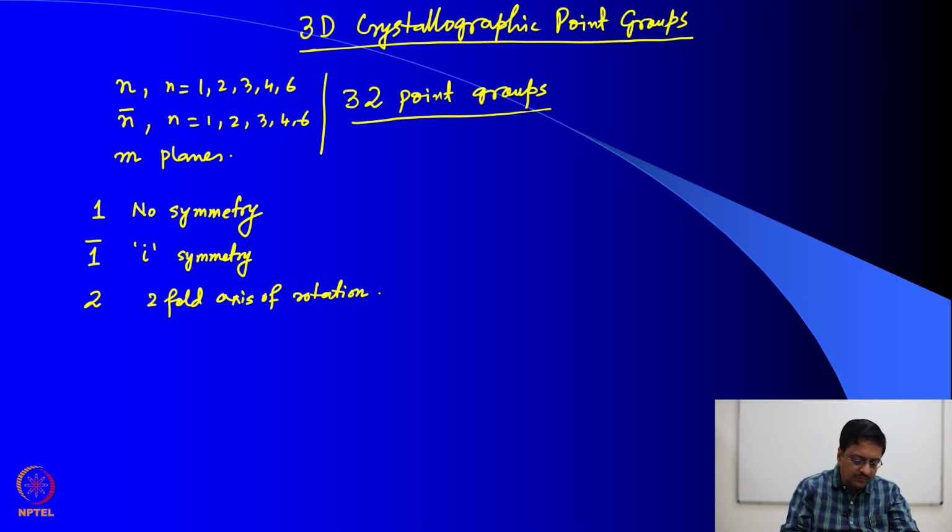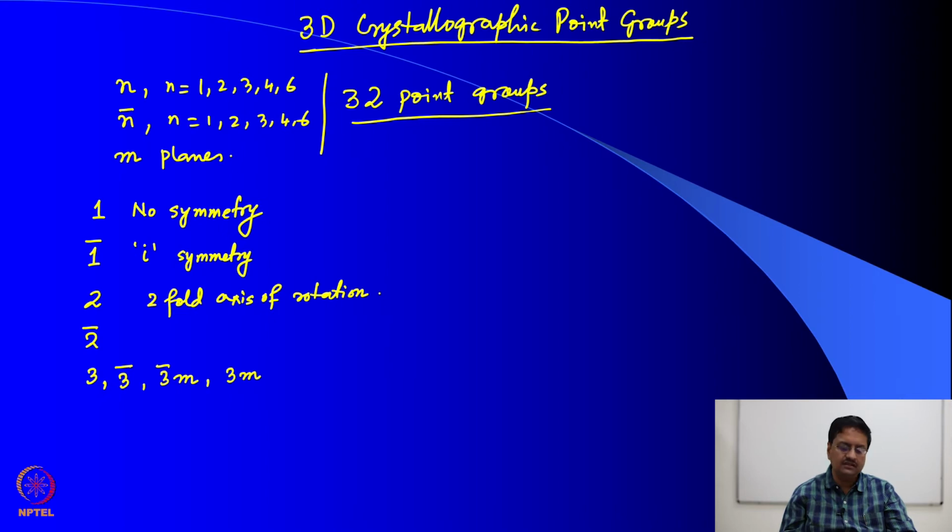The next point group can be 2 bar. Then you can have 3 and 3 bar. Then one can have 3 bar associated with M. There can be 3 associated with M, and so on, with threefold symmetry. And the higher point groups can be like 4